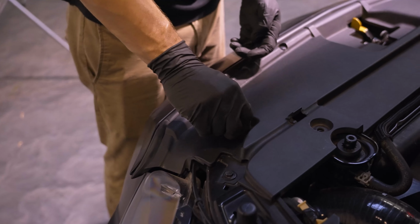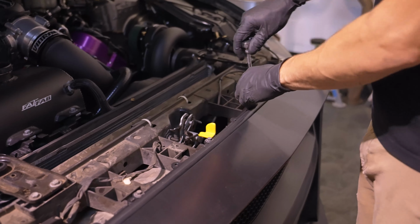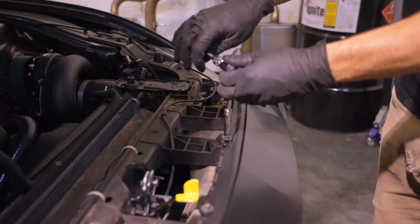And that more or less wraps the GT500 front end install. We'll give a little bit of an overview of the bumper once we get this thing back on the ground with the